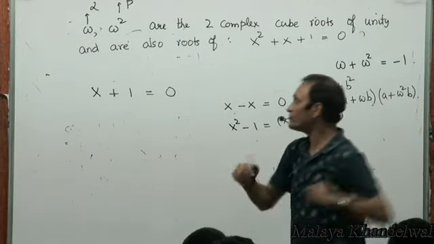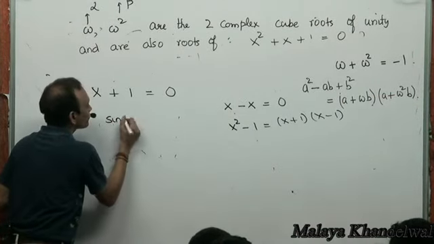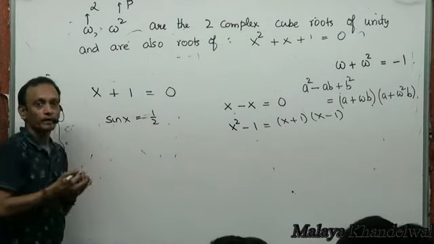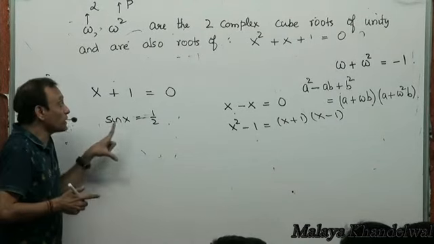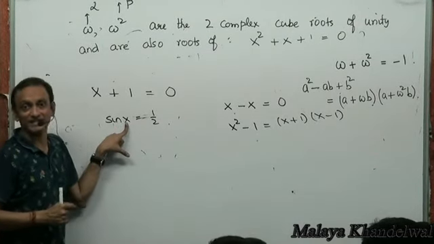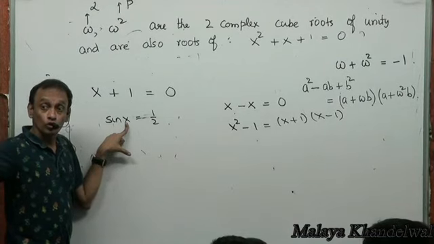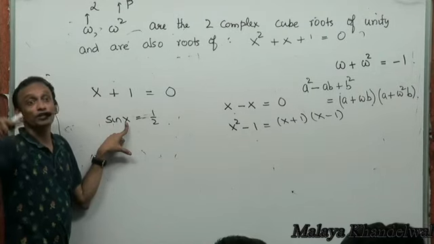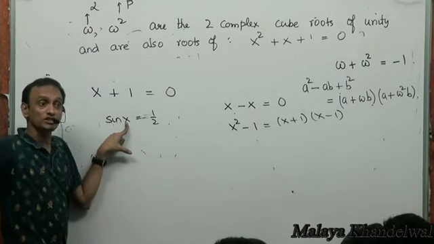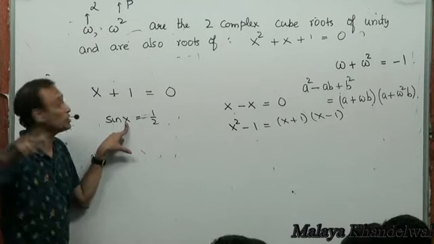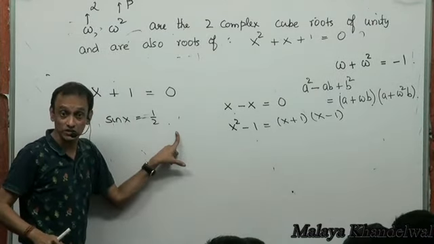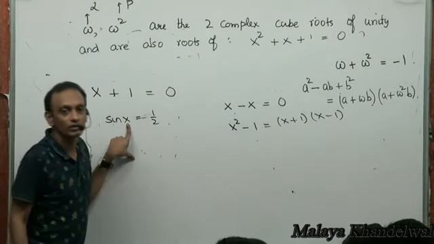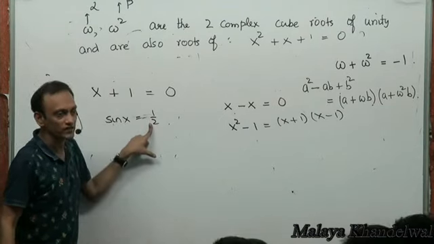You know what I'm saying? See, for example, sin x equal to, say, half. Right? It's an equation. Although there are infinite values of x that will satisfy this. x equal to 30 degrees, 30 degrees plus 360 degrees, 30 degrees plus 360 plus 360 and then plus 360. There are infinite values of x that will satisfy this, but not all values of x. I mean, you can't say, hey, take x equal to 25 degrees. That's not going to satisfy this, right?